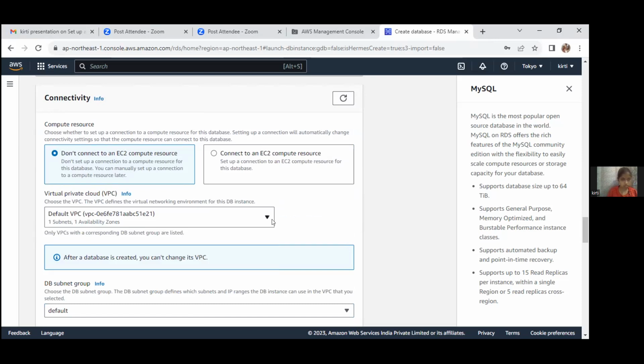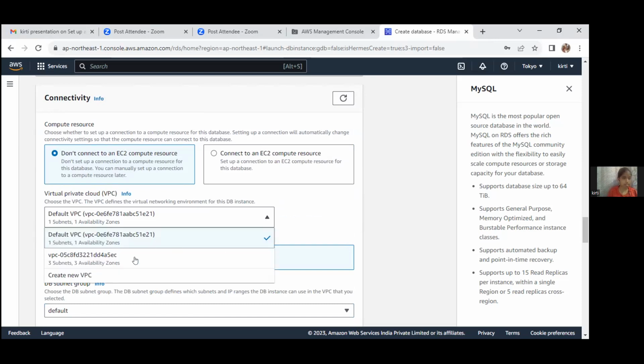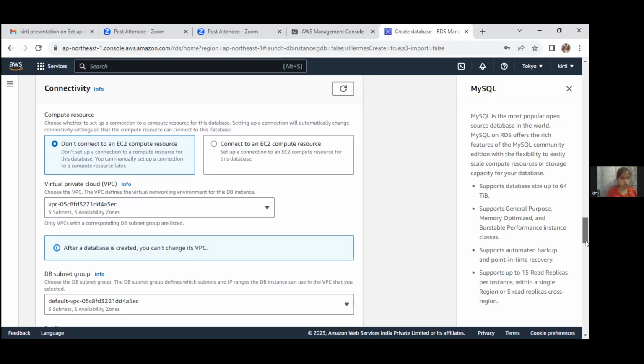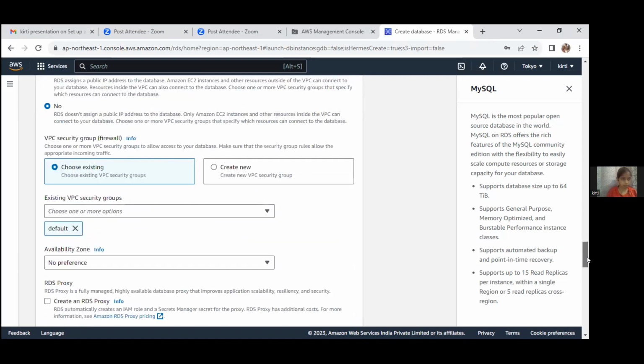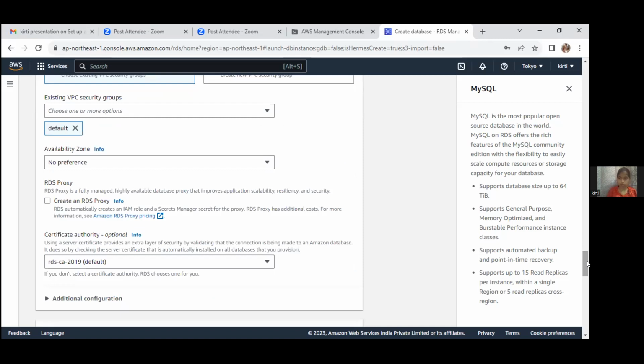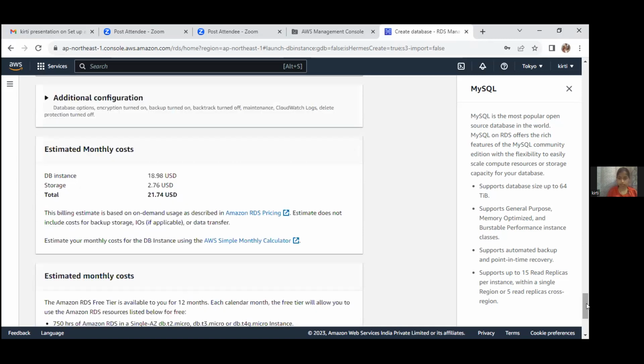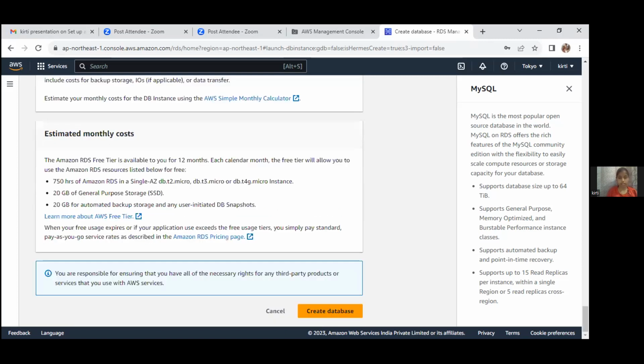There are 3 subnets and 3 availability zones to choose from, and just scroll down and click on create database.